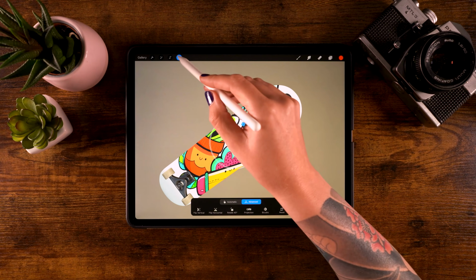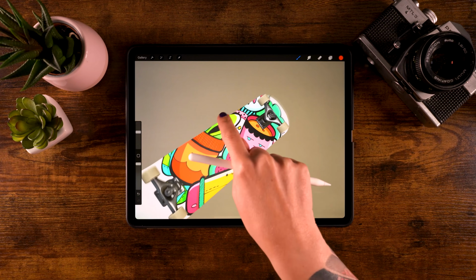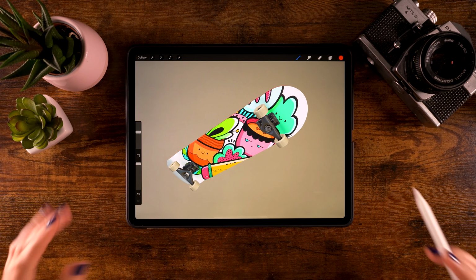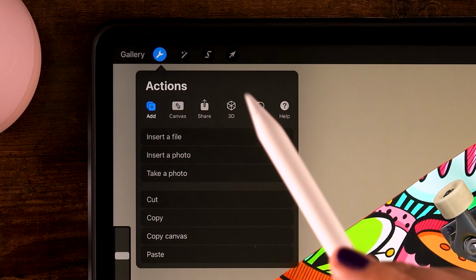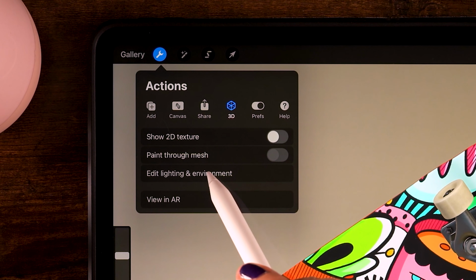And then you can just click the arrow again. And now we have a nice illustration on our skateboard. Now, a fun thing to play around with the 3D objects is the lighting studio. If you go to the wrench, then to 3D, you can go to Edit, Lighting and